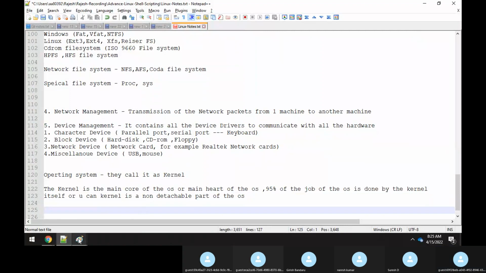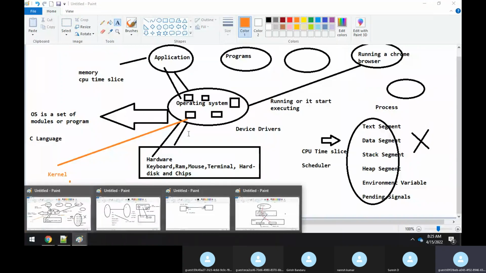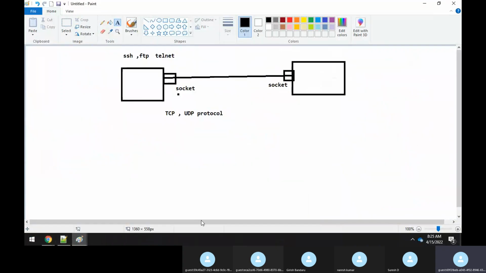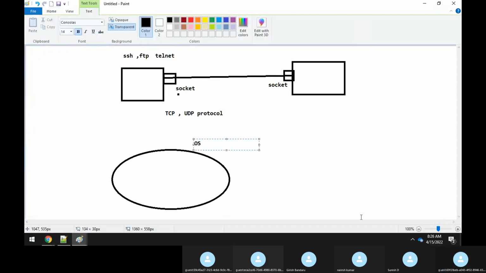Okay, now when it comes to an operating system, I'll draw it here because I will not open more MS Paints. This is an operating system. We call this an OS, right?